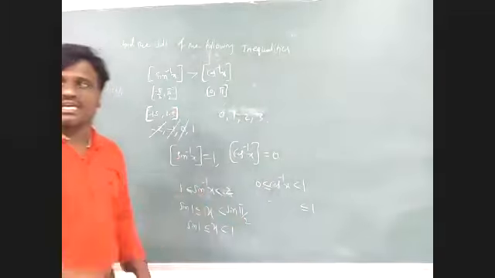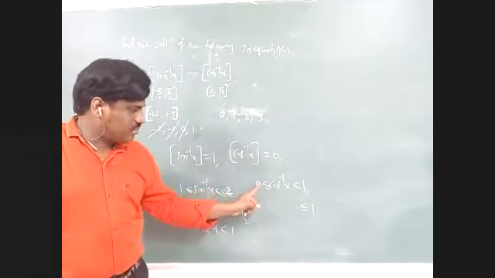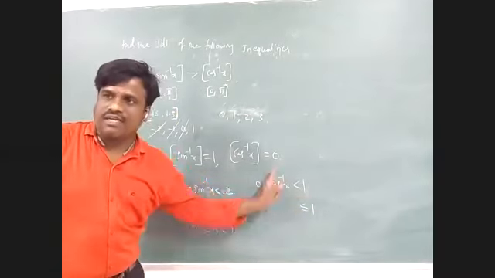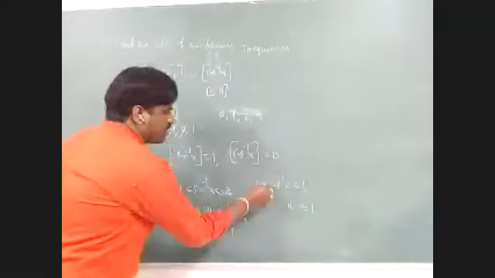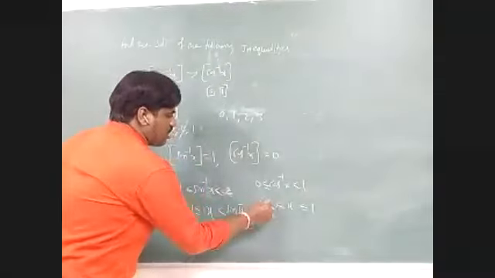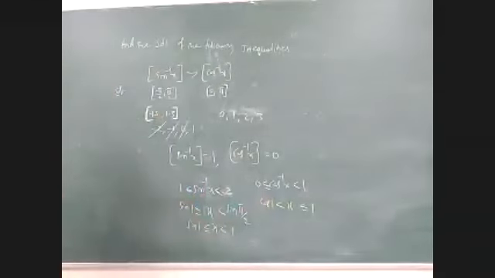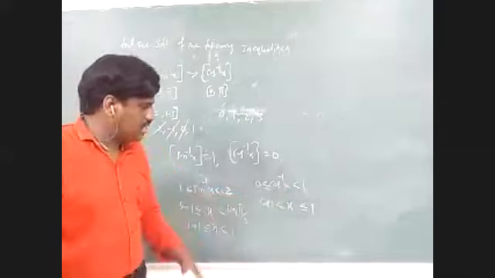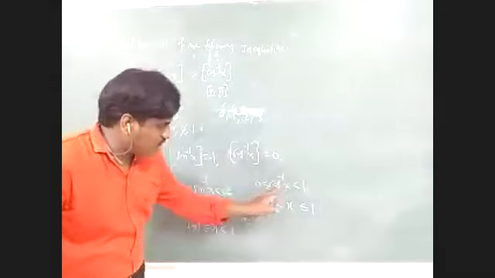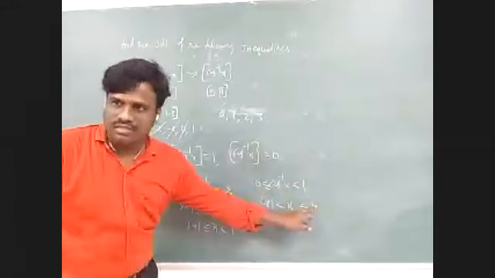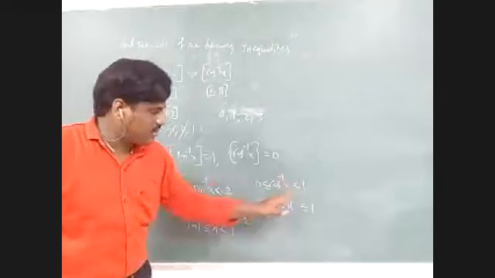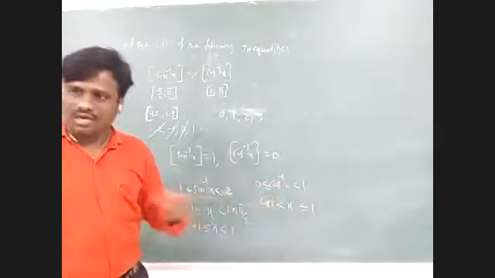Remember one thing: for a smaller value you get a greater result, and for a greater value you get a smaller result. So for x here, I will get cos 1. Did you understand what I said? I am sending cos inverse this side, cos inverse this side. Cos inverse 0 is 1, and cos inverse 1 will be cos 1. Are you understanding?